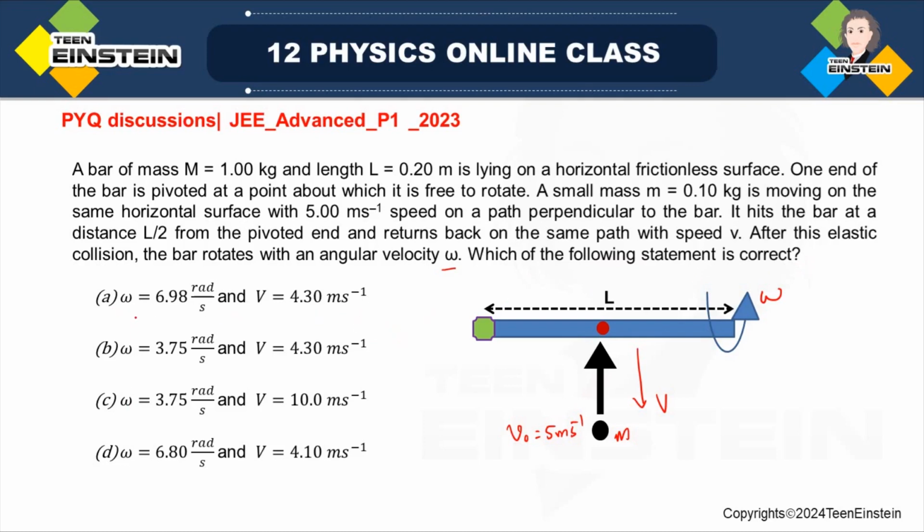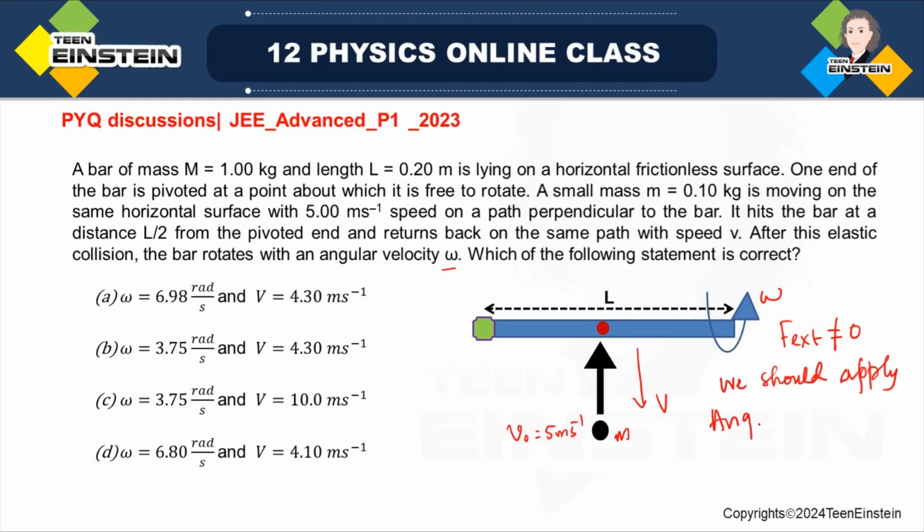Okay, so you can see these options: angular velocity, and this is the velocity of the small mass with which the small mass is returning back after collision, which has to be calculated, and this angular velocity omega is for the bar. So here, since this small mass is hitting this bar and it is moving, therefore we cannot say that external force is 0. We cannot say that. It is actually non-zero. Therefore we cannot use linear momentum conservation. So we should use here